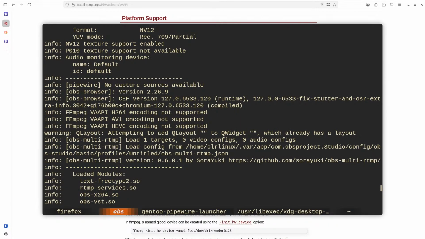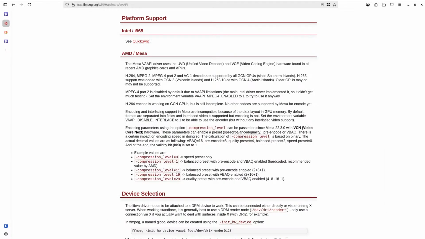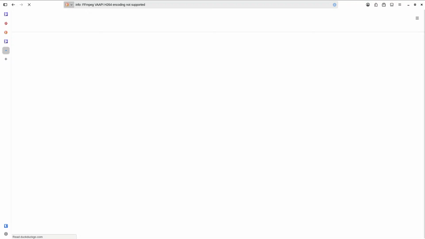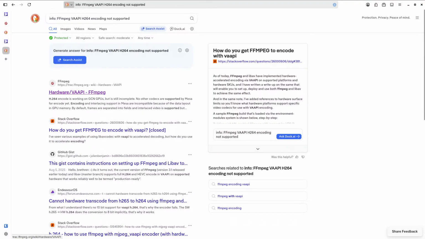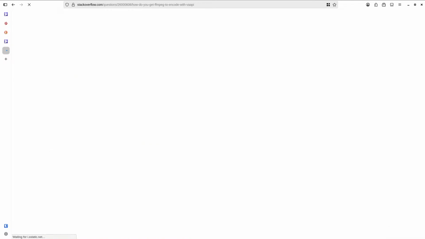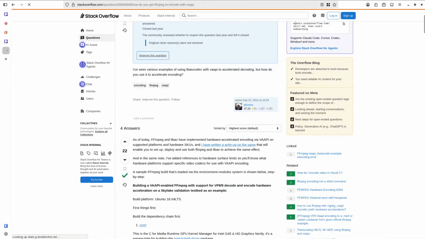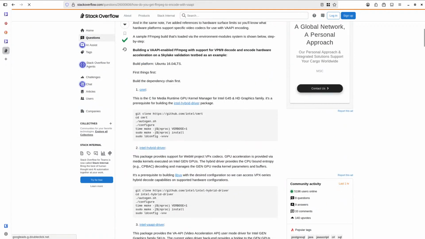I don't know why FFmpeg V... Oh, there. FFmpeg V. Oh, right. You get the chance to the first again. I mean, it doesn't change much. I am probably gonna restart again. So encoding not supported. Guess I should have started with trying it.